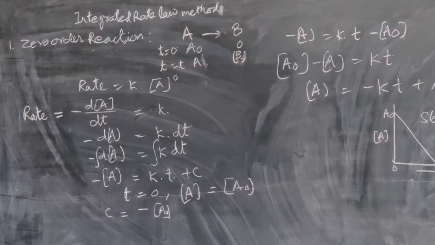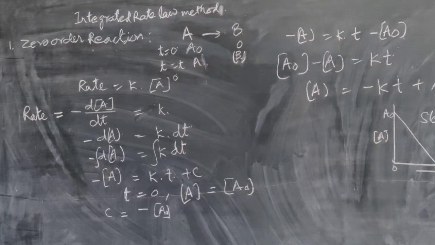Normally these reactions occur in the gaseous state and in heterogeneous systems, when we use a catalyst in the solid state. For example, the dissociation of ammonia on the surface of platinum metal is an example of a zero order